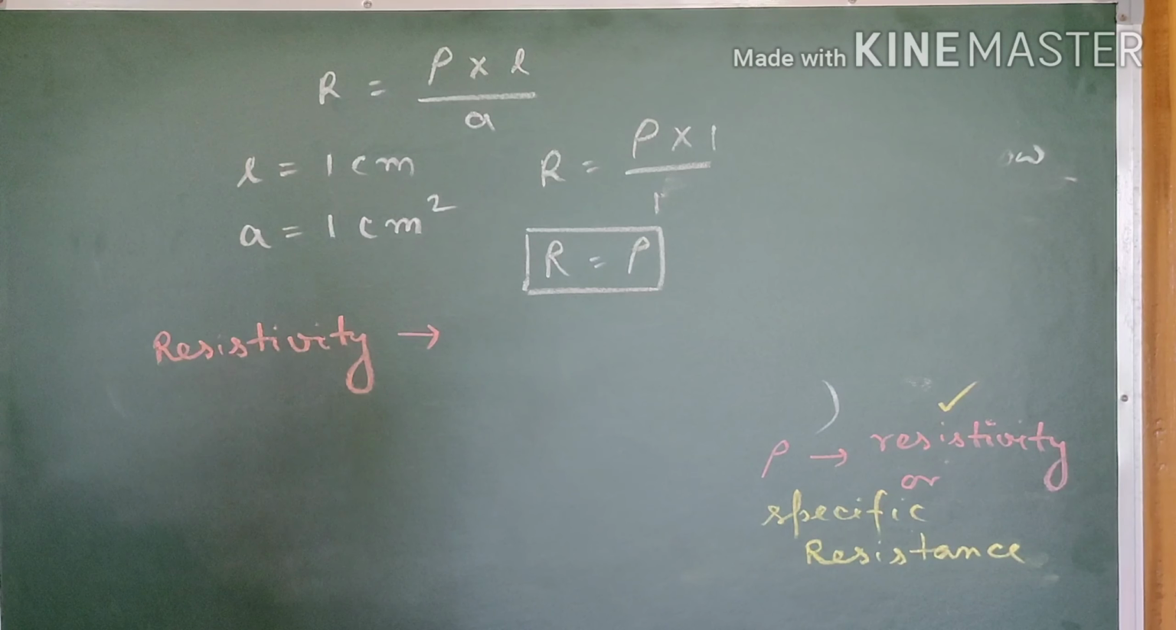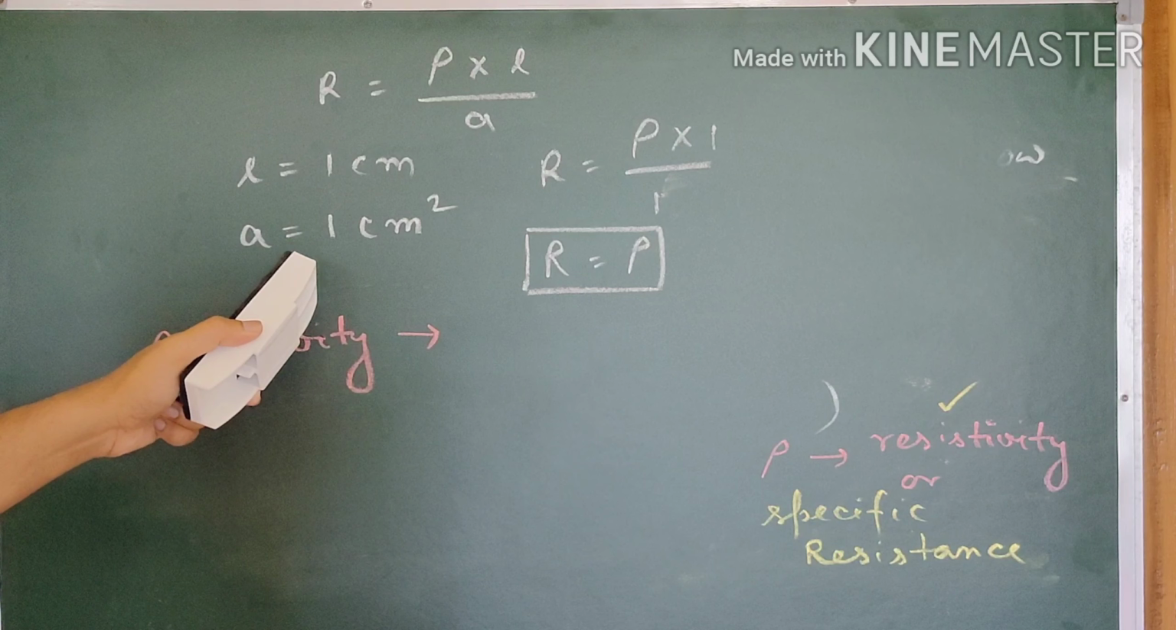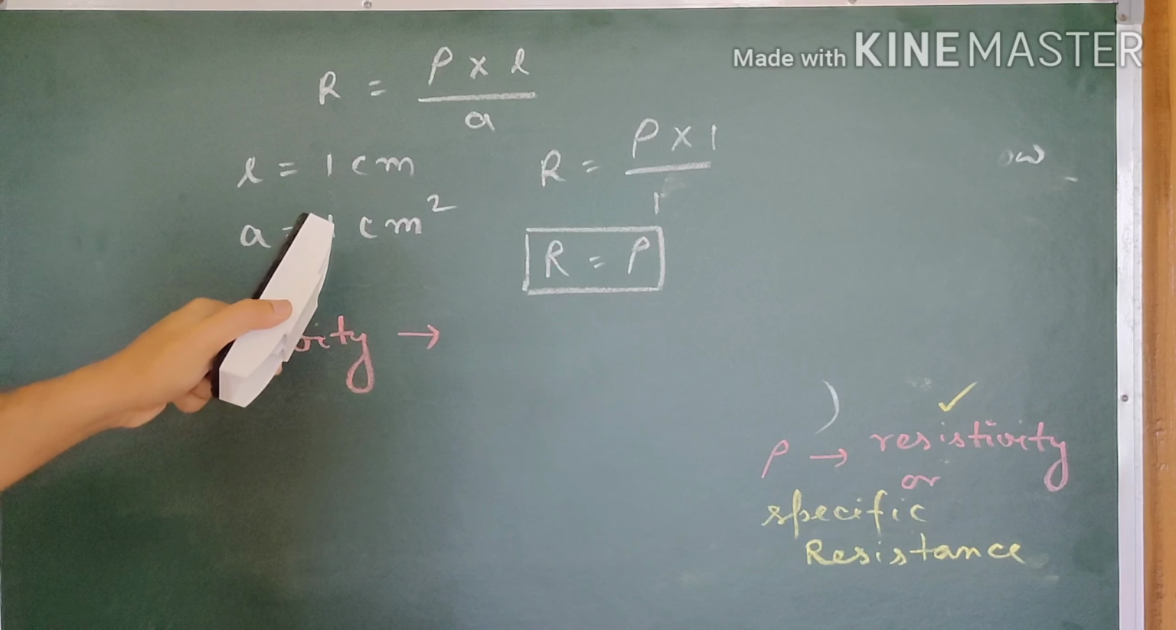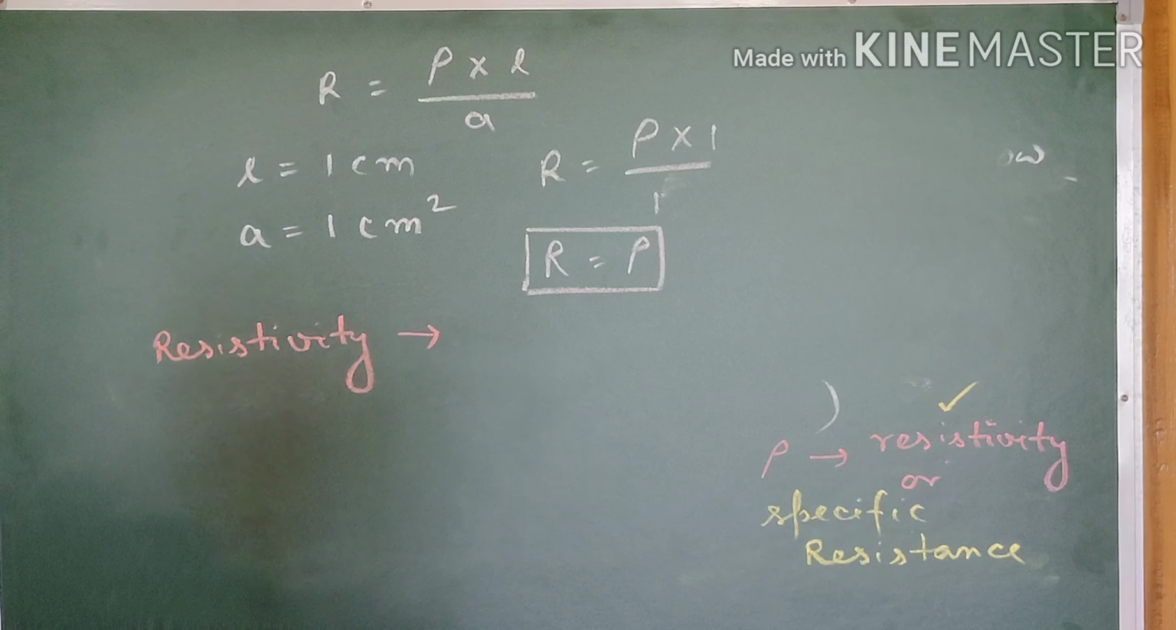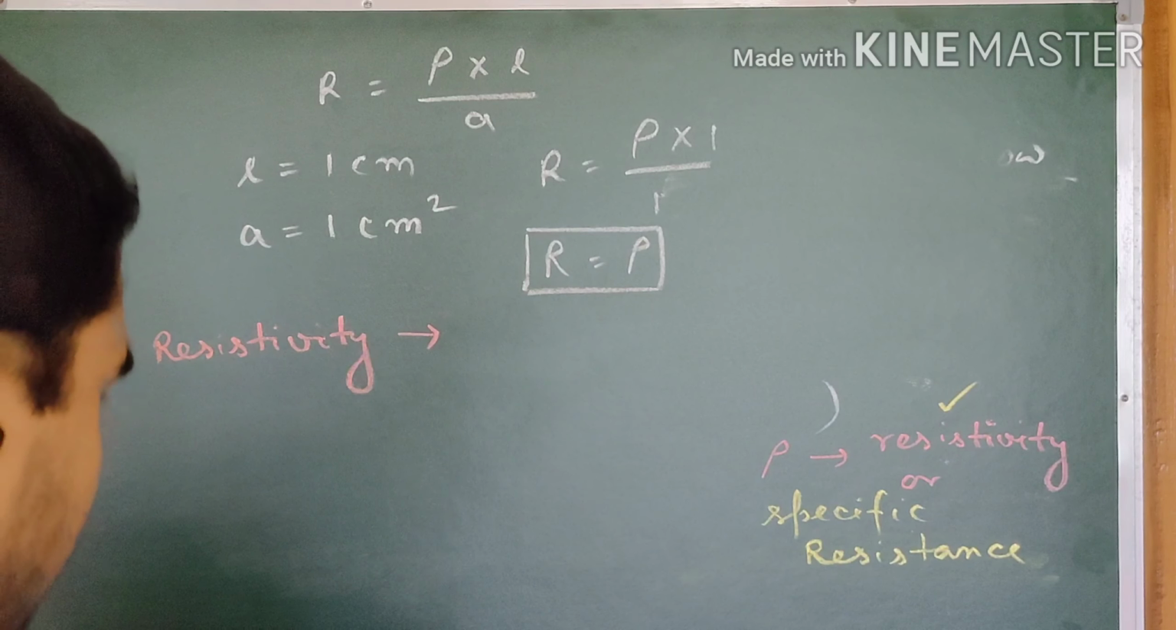We should be defining the resistivity as the resistance of a conductor. The resistance of a conductor having 1 centimeter length and 1 centimeter square cross-sectional area. So we should be writing